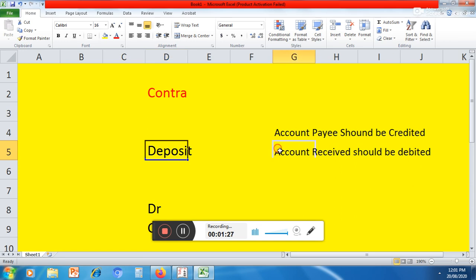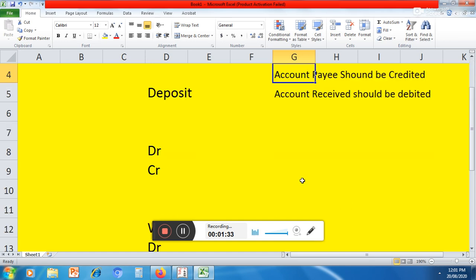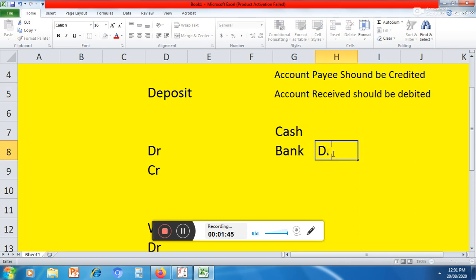The one who receives is a debit, the one who pays is a credit. When you deposit money into the bank, there are two accounts: one is the cash account and second is the bank account. When you deposit cash into the bank, who is receiving the money? The bank is receiving. So definitely debit should be bank, and cash should be